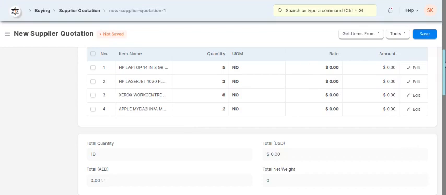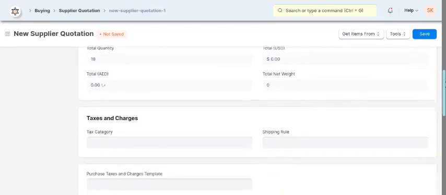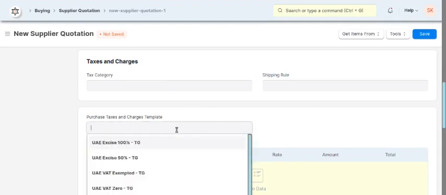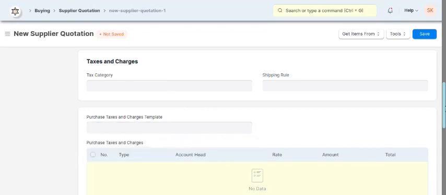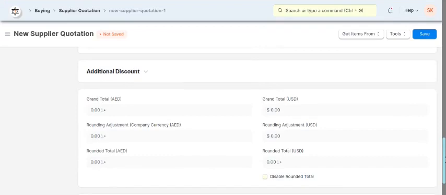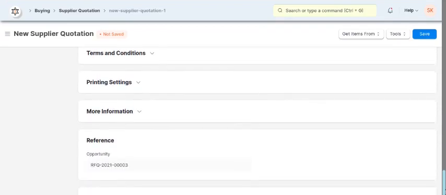Before entering the price, let's see what other information you have. This is the taxes and charges. Suppose that supplier is applying some taxes like the VAT or other things, you can select from here the custom duty or any other charges, freight and charges.